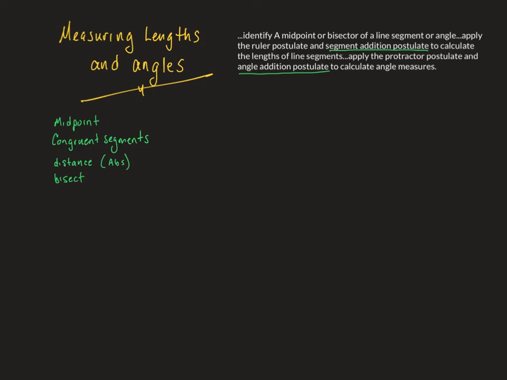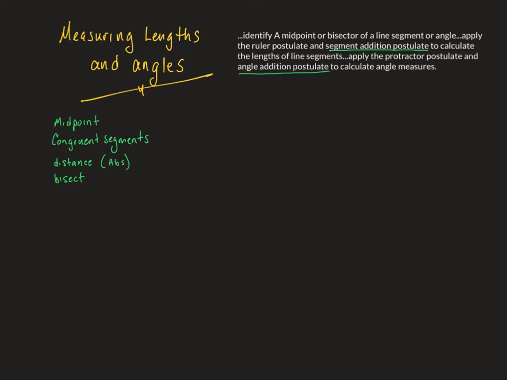As we continue with the basics of Euclidean geometry, we want to talk about measuring lengths and angles. The student will be able to identify a midpoint or bisector of a line segment or angle. The midpoint would be somewhere halfway in between, or bisector. What they're saying is that midpoint and bisector is cutting it perfectly in half. That is what creates two congruent segments, when you cut it in half or you bisect it or